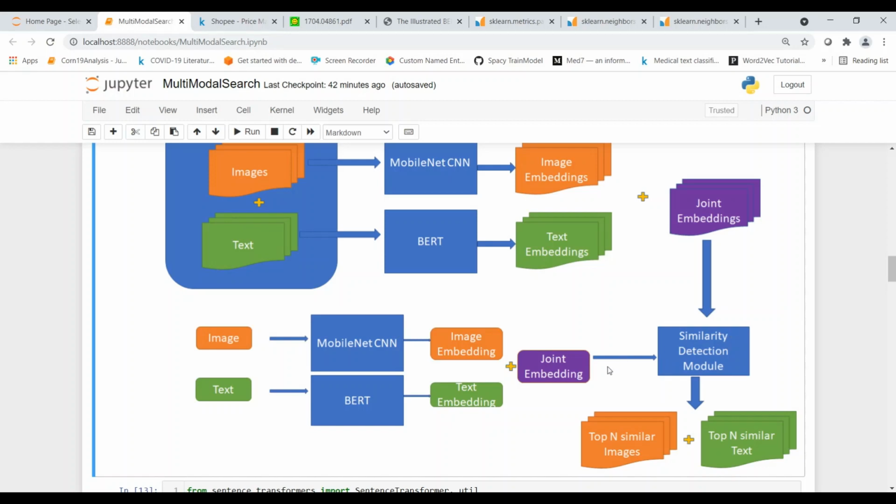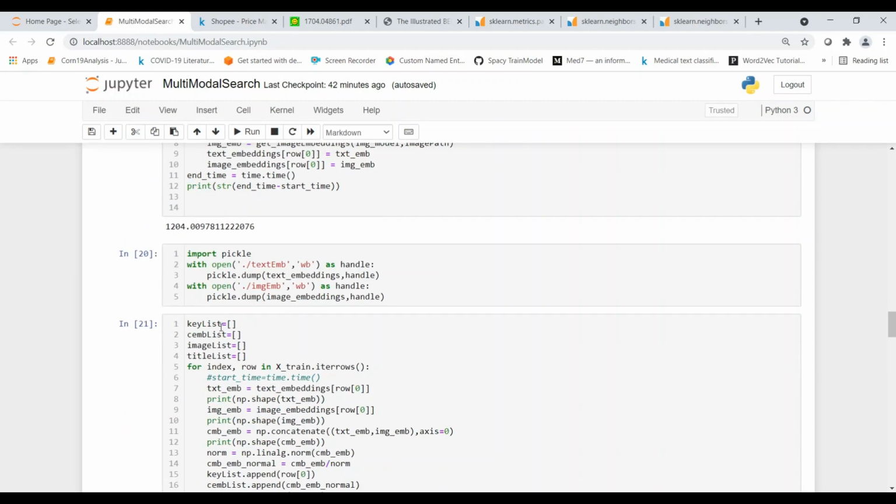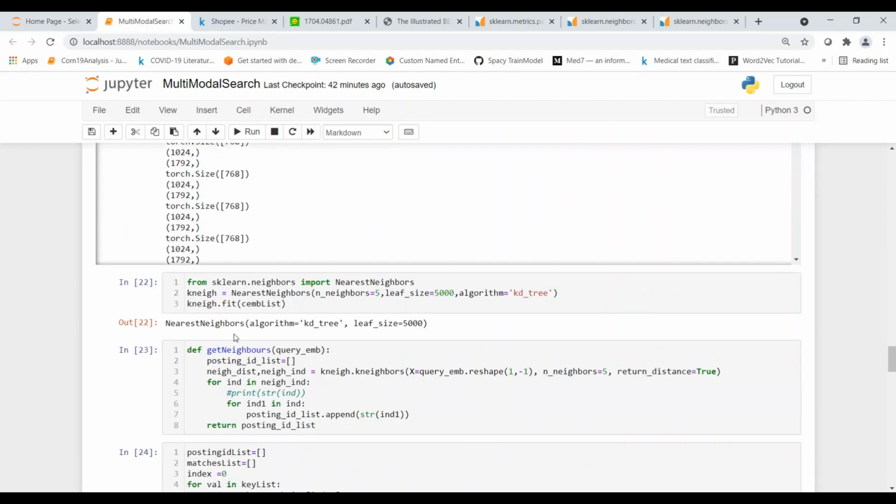All it does is compute the distance between this joint embedding and each of these 20,000 joint embeddings, and then you sort the distances and pick up the top 5 vectors. The top 5 vectors will be the most similar to this particular test image and text. For that I am using sklearn neighbors NearestNeighbors.